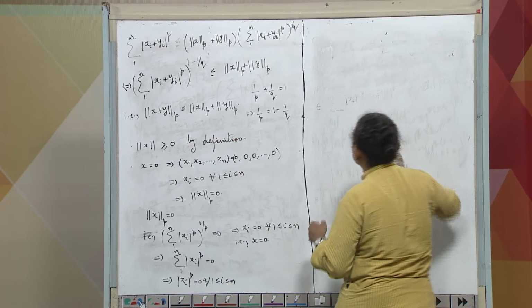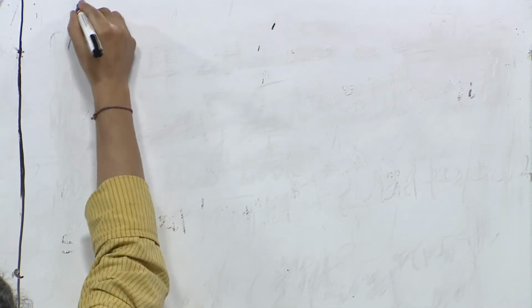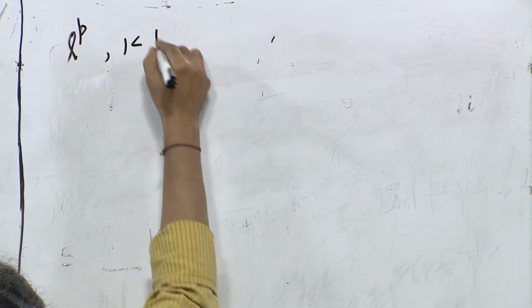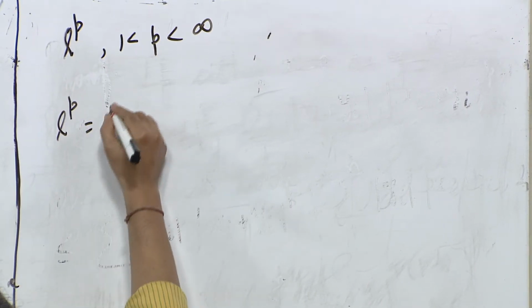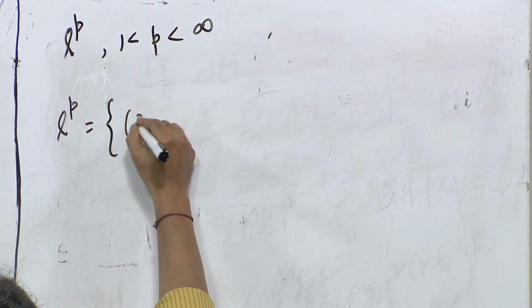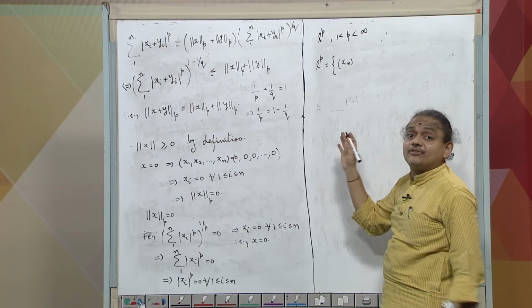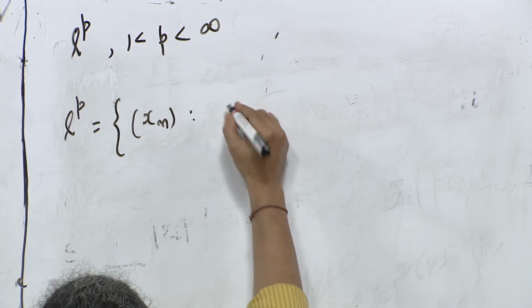So, in a similar fashion, let us introduce the space LP, in fact for 1 less than p less than infinity. We have introduced L1 and L infinity. So, LP is nothing but all those complex valued sequences. Well, you can also define all these things in the context of real numbers, all these make sense, such that